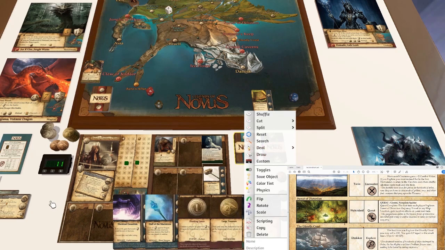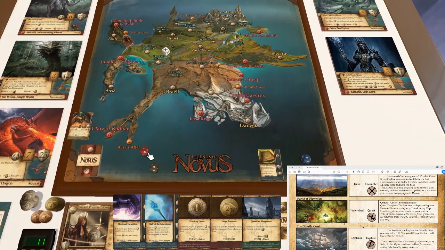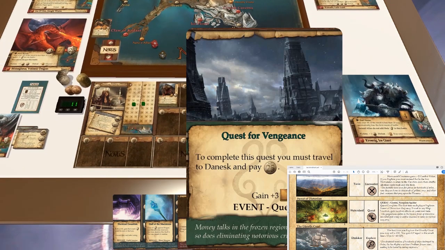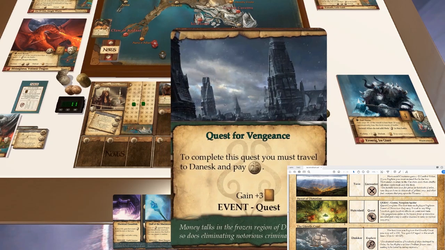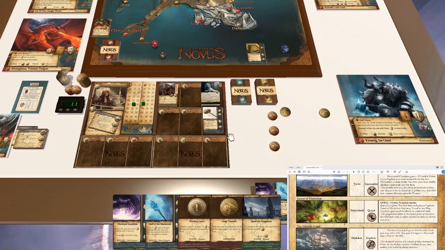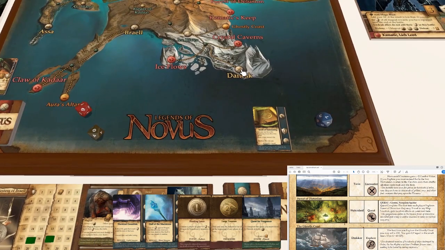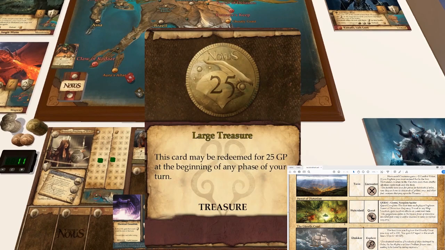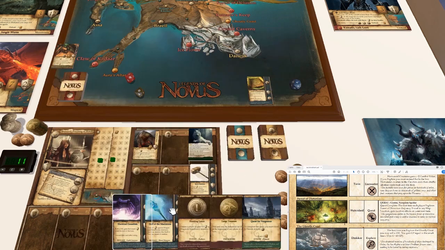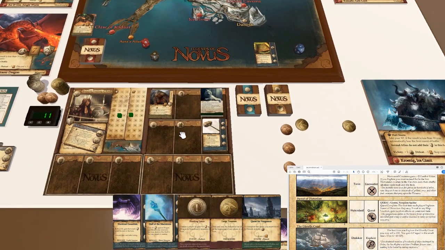And he gives me 2 adventure cards. There's not many creatures that actually give you adventure cards as rewards, but he's one of them. So I'm going to draw 2 adventure cards and go on to my recovery phase, because I have safely made it to this waypoint. So we look at my hand here. I've found a quest for vengeance. Quest cards are used to earn experience in alternative ways instead of just fighting creatures. For here I'd have to go all the way to Donetsk, which is near the bottom of this map, to get that. That's not going to happen in time for me to become a Legend of Novus. I found some large treasure which I can cash in at the beginning of any phase, and